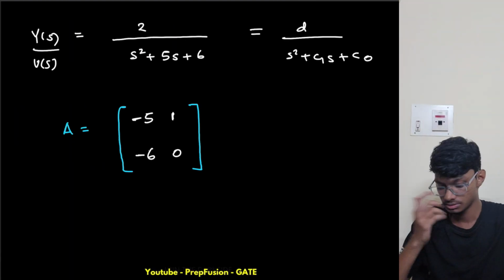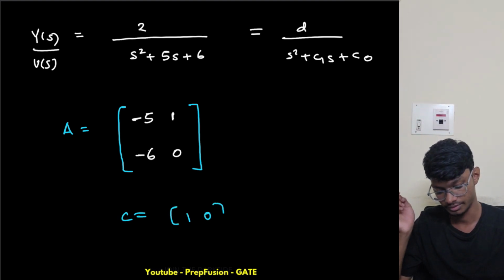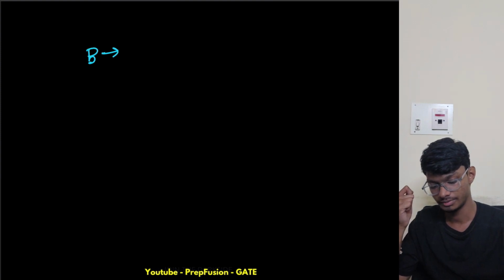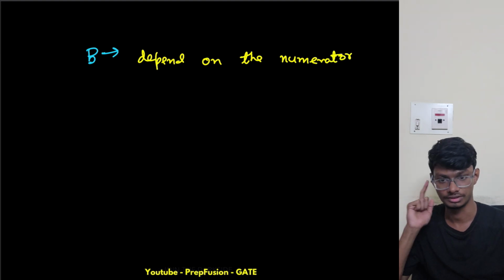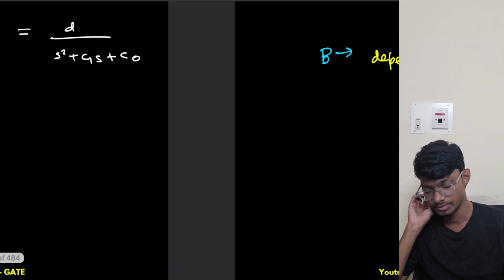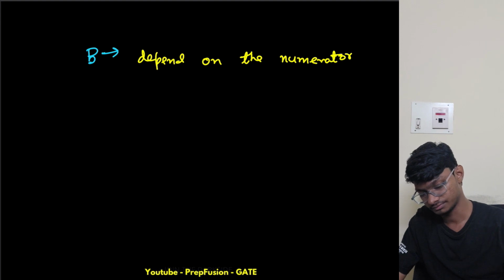So how will my C come? C, right, C will always come like this, standard form, right? And how will my B come? B, right, B will depend on the numerator. Okay, B will depend on the numerator. Okay, so yeah, this is what basically my ABC will be. So let me write it for 3 cross 3. From there you will better understand. So for 3 cross 3, right,